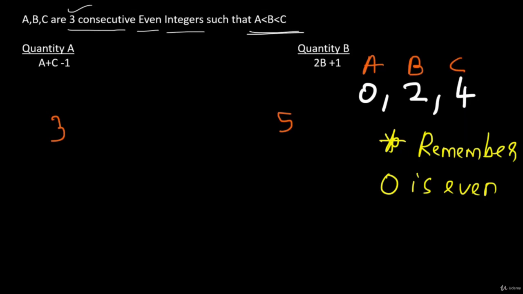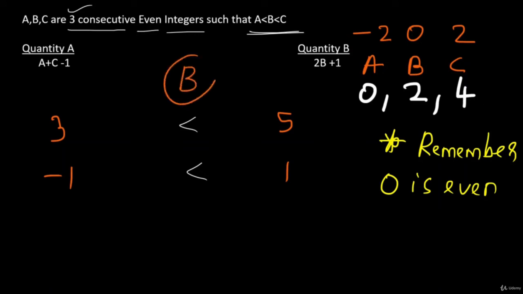Let me try another set of numbers. I have minus 2, 0 and 2. Now A plus C minus 1 will become minus 1 and 2B plus 1 is equal to 1. Again I am getting the same relationship, right? Therefore you can either be satisfied with this and proceed by marking option B, or to be certain you have